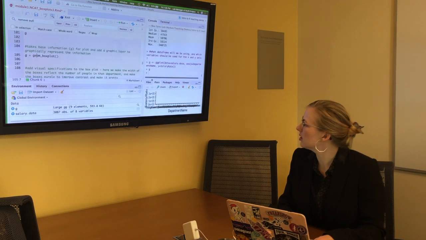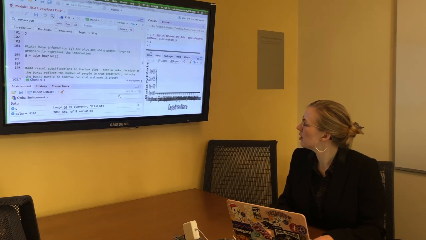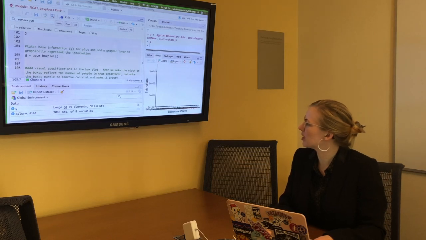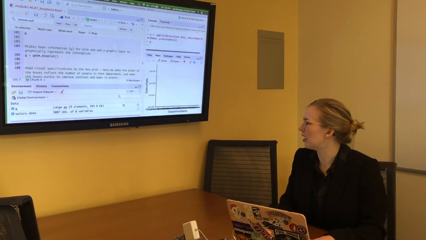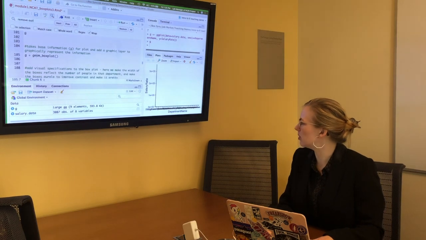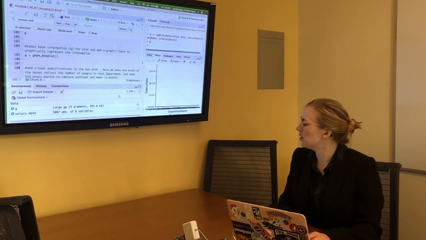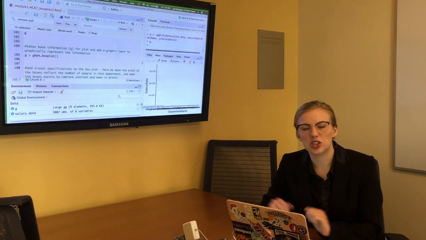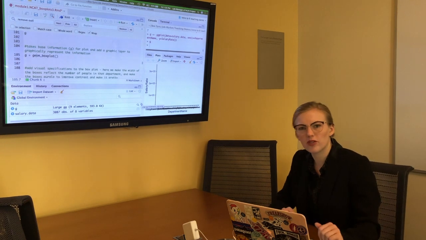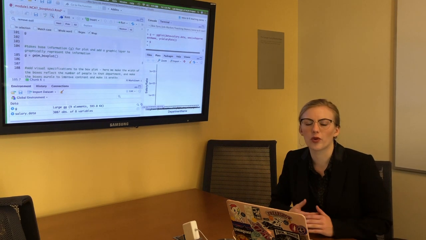and then what I do is actually shows up down here. So this is my graphing object. It doesn't exactly look very pretty yet, right? We can't tell the different department names because, like, look at that. But that's okay. ggplot is very flexible, and we can fix that later in order to make it more interpretable